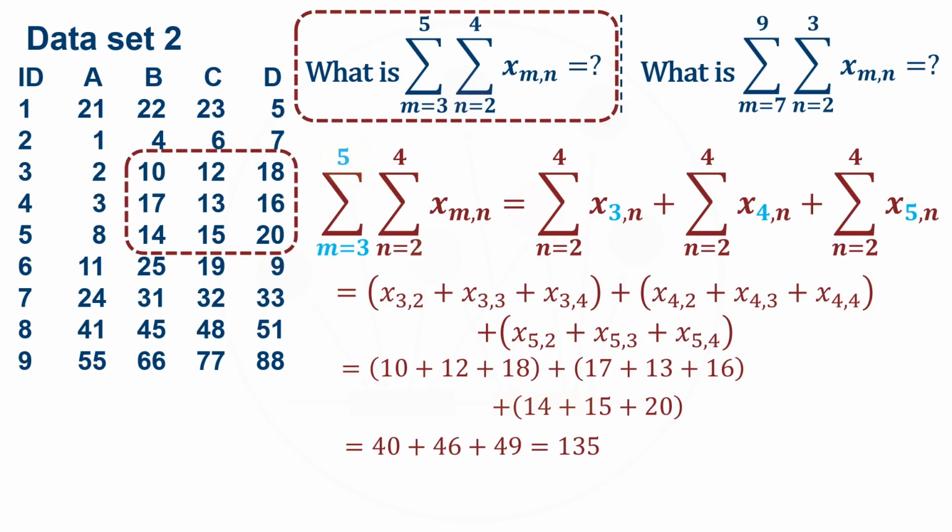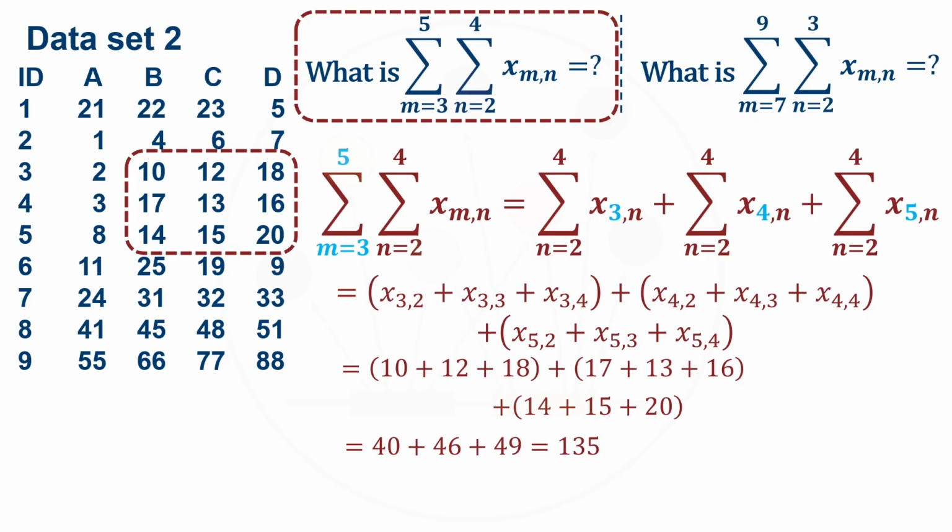We can take our double summation and take the first summation and expand that out so that m equals 3, 4, and 5 gets put into the x_m,n. So we would have x_3,n, x_4,n, and x_5,n for each of the summations for n of 2, n of 3, n of 4. So our double summation can be expanded out into the summation n from 2 to 4 of x_3,n plus summation from n equals 2 to 4 of x_4,n plus the summation from n equals 2 to 4 of